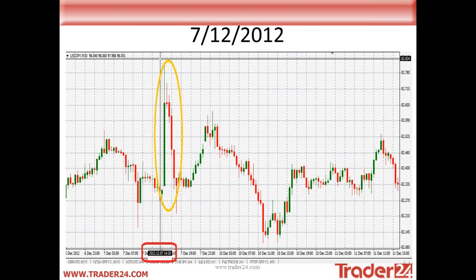It's never going to stay there. There's always going to be a correction or a rebound that takes place. So always keep this in mind. This is a perfect example. Again, you can see in red here, the red box at the bottom. You can see that exactly at 2:30 on the 7th of December 2012, when the non-farm payroll was released, this was the movement caused. A lot of volatility.